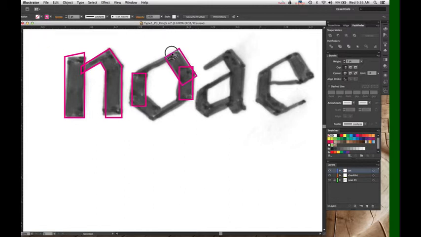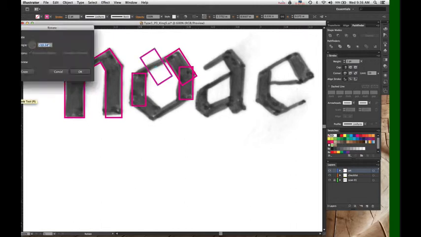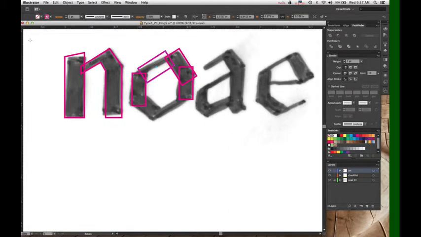I'm going to do the same thing again to make my thin stroke, and I'm going to rotate this, sorry, 90 degrees, so that I get the inverse angle.